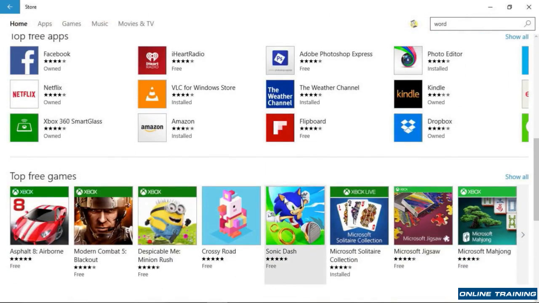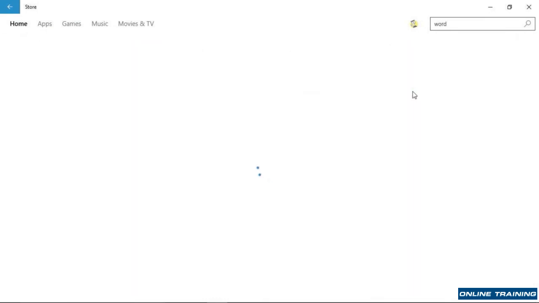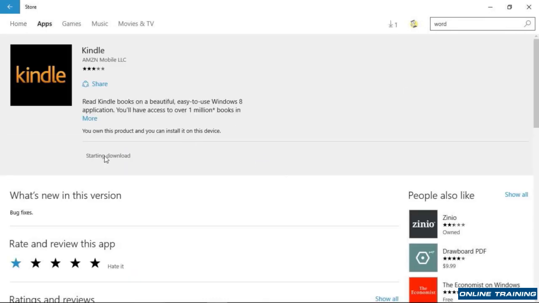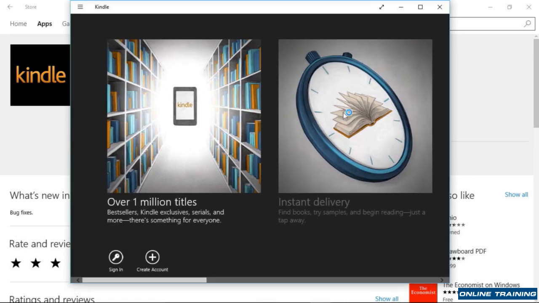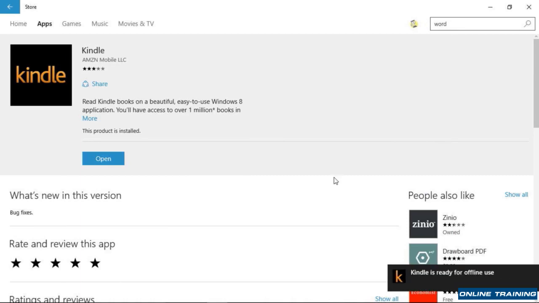There's really not a whole lot to this. They've made some nice enhancements, but when you select an app, if you want to install it, you just simply click install, and then it will download and install. Once there, it shows up. In this case, if I sign in, then I'd have access to any books that I had on Kindle. So really, it's a determination as to whether or not we want people using the Windows Store